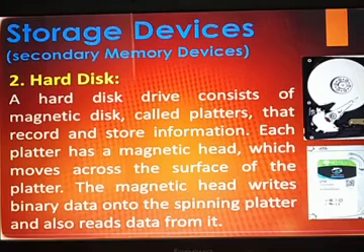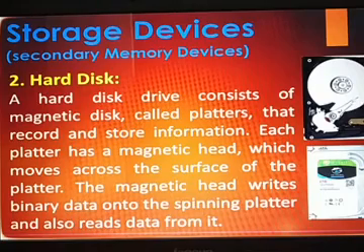These rotating disks are coated with magnetic material and stacked with a space between them. Information is recorded on the surface of rotating disks by magnetic heads as tiny magnetic spots. Because the data is stored magnetically, information recorded on the hard disk remains intact even after the computer is switched off. Today, hard disks for the personal computer can store data up to above 1 terabyte.